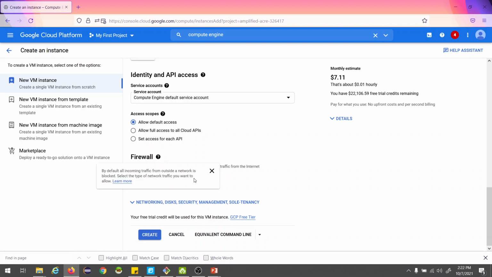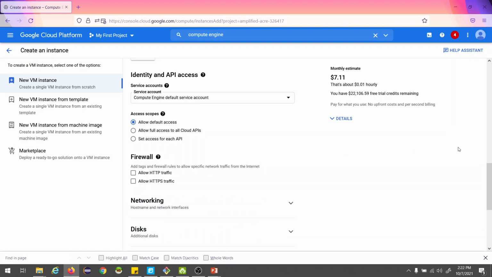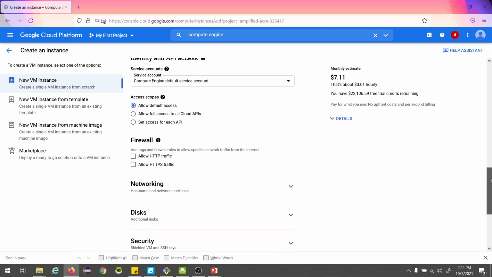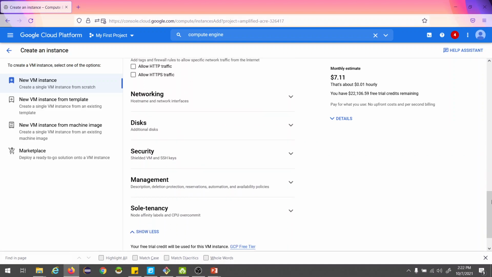As of now I'm not touching all this stuff because it would make the session long. Here you can see we have four sections: networking, disks, security and management, and sole tenancy, about which I have discussed in my earlier video.